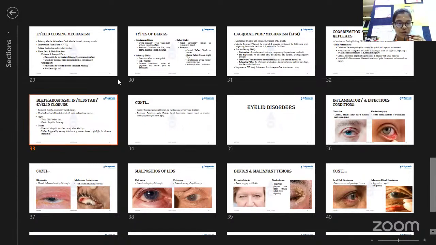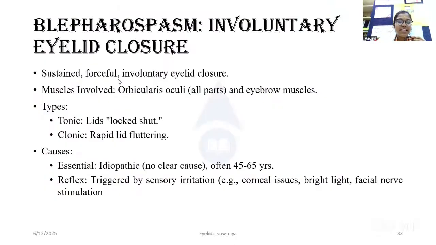Blepharospasm. Involuntary eyelid closure. Sustained forceful involuntary eyelid closure. Muscles involved: orbicularis oculi and eyebrow muscles. Types: tonic, lid locked shut. Clonic: rapid lid fluttering. Causes: